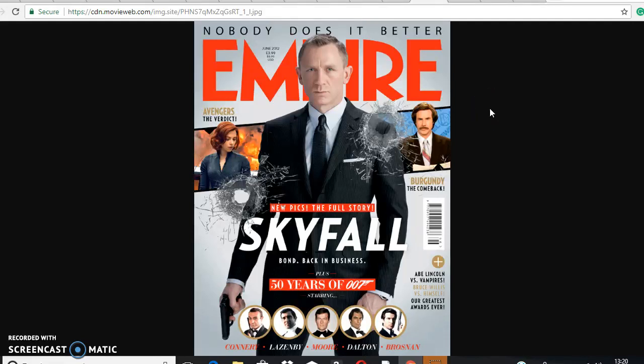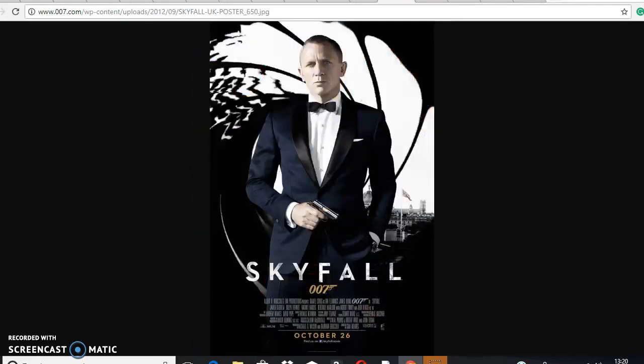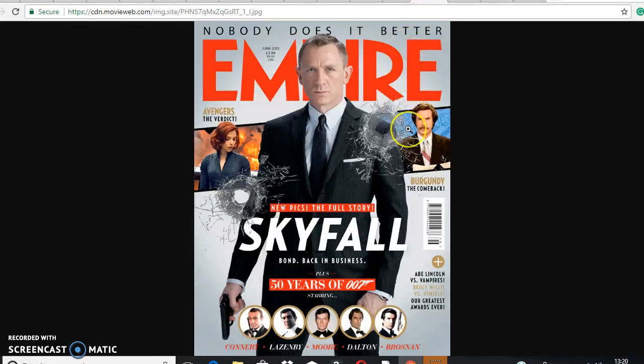In this video, I will be comparing the Skyfall poster and the Skyfall magazine and how they work with each other and how they complement each other. So, starting off with the magazine, I feel that between the magazine and the poster, they're not too dissimilar. They both feature Daniel Craig as the main image because he's the main character, who is James Bond, aka 007,